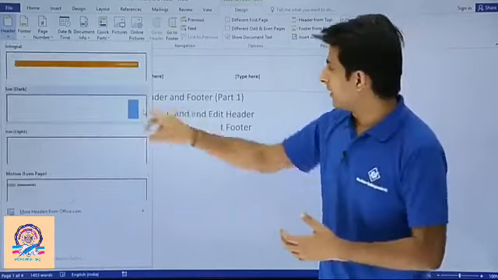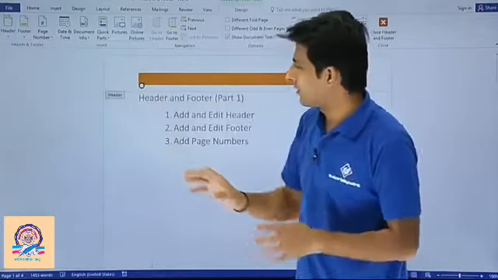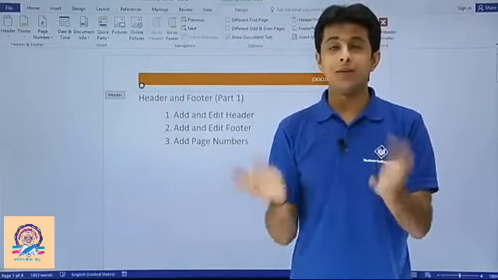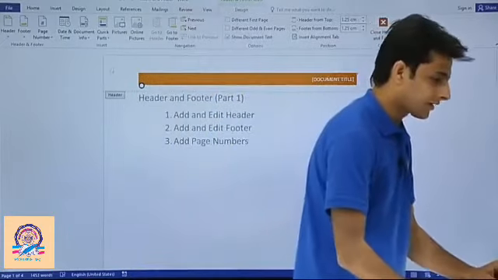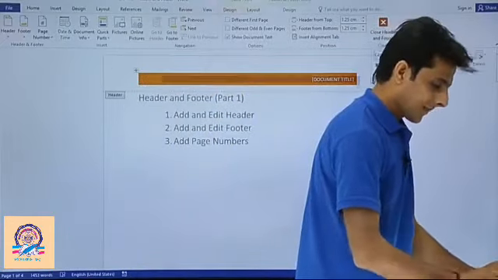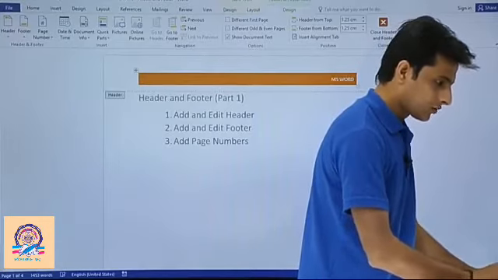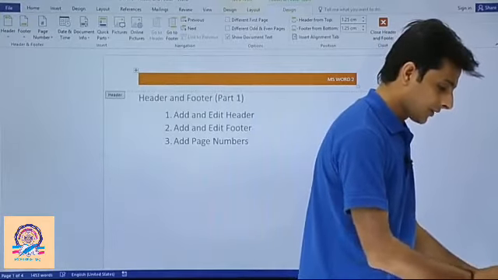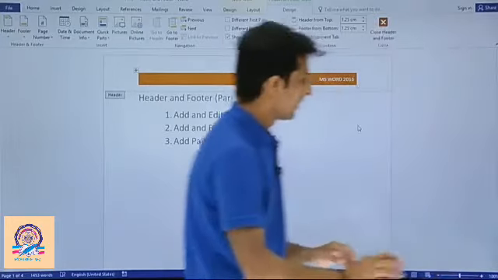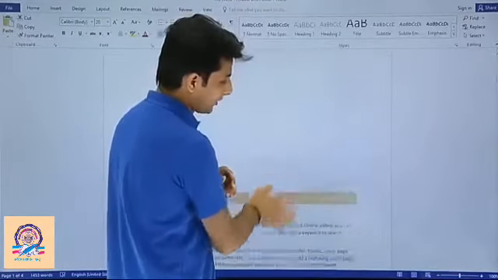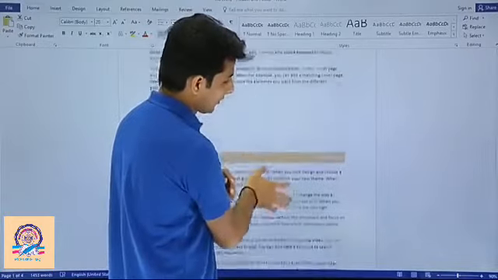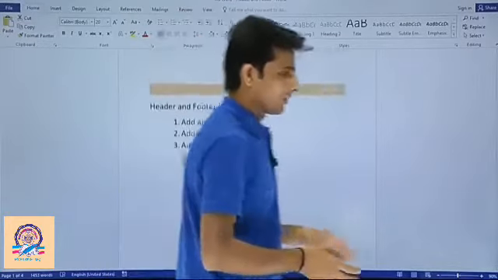So this is one colored header. What I'll do is I'll just select this header. The header which you created has been replaced by this header, and you can just type some text here. So let's say I'll type here the text MS Word 2016, okay, like this, and I'll just double click outside, right? So this header is applied at all the pages. If you observe, second page, similarly third page, and so on. So this way you can add.